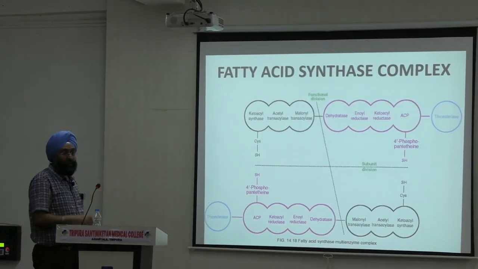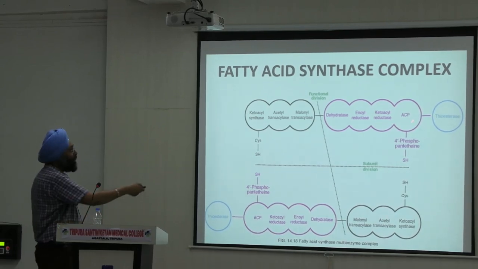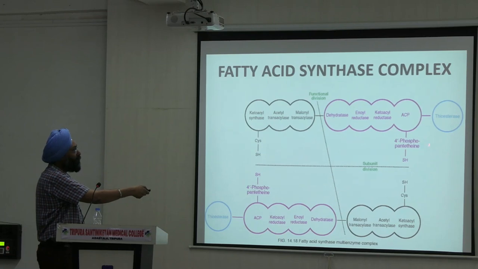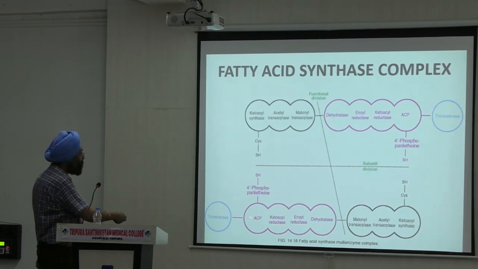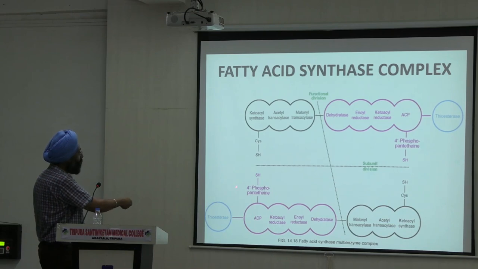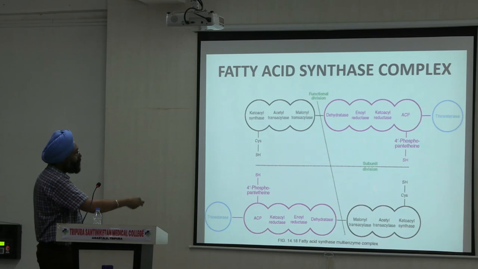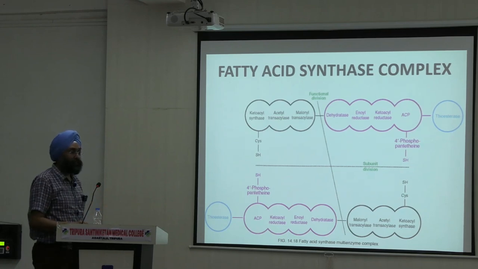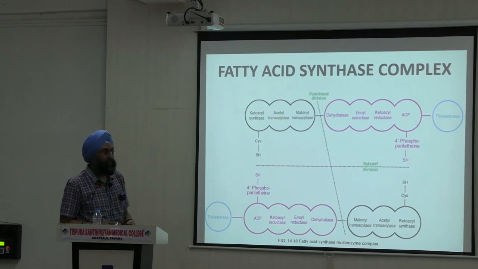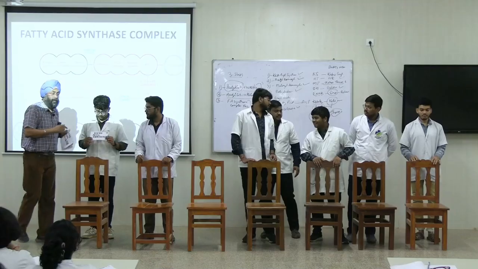And it comes antiparallel, 1, 2, 7, here 1, 2, 7, right? And to the acyl carrier protein, 4-phosphopantetheine and a sulfhydryl group are attached. In the same manner, here ACP is there, and 4-phosphopantetheine is attached and the sulfhydryl group is attached. One monomer, this is a subdivision, one subunit, one subunit. And this division is functional division, right? You want to do it physically? Physically करना है इसको, feel करना है, right?